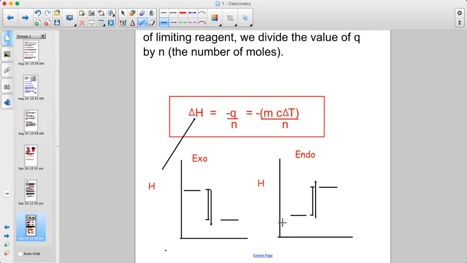In this case, it's going down, right? That's why it's negative. In this case, it went up, which is why it's positive. Okay. Usually, you're going to connect these things with a little curve, like that. There's a reason for that bump. It's something called the activation energy, which we'll talk about a lot more as we go into kinetics. But essentially, for now, remember that exo involves a negative change in enthalpy, and that heat,